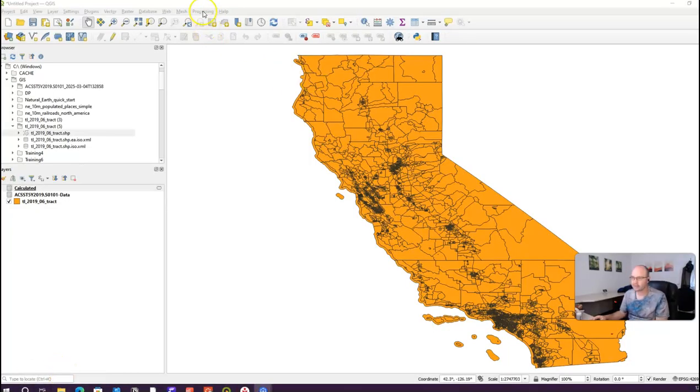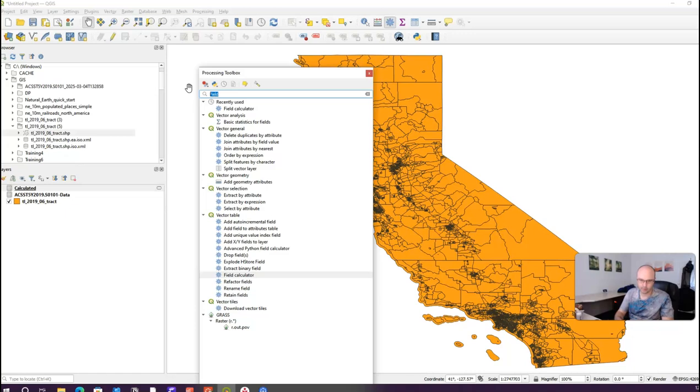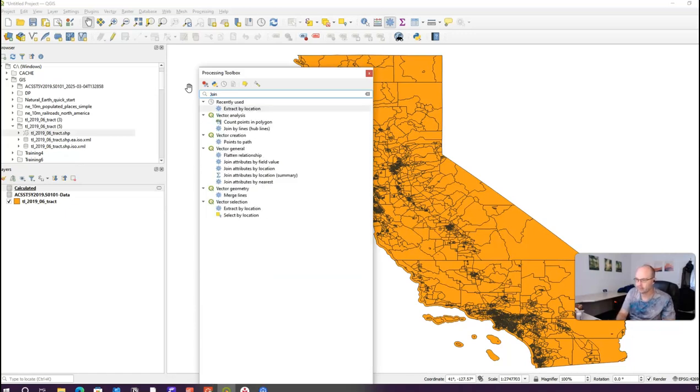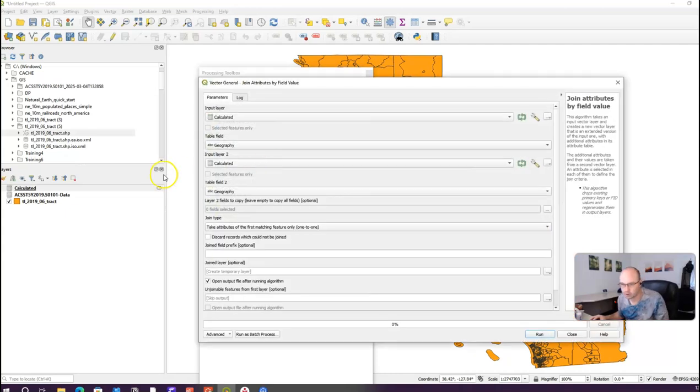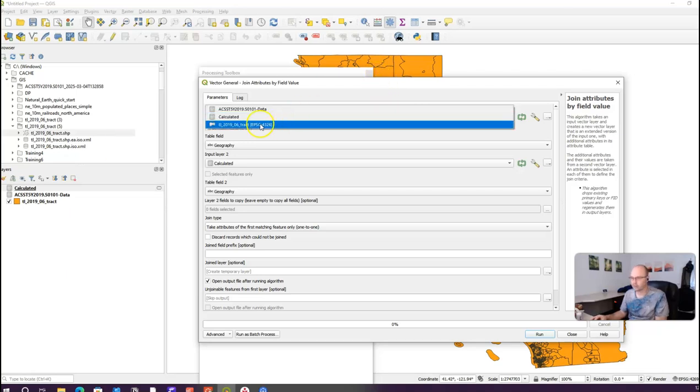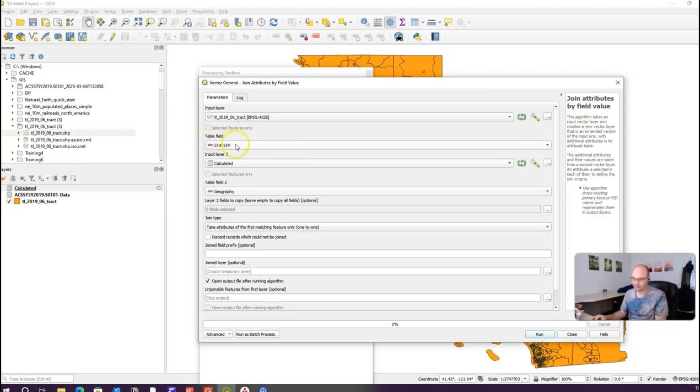All right, so the next part is, again, we'll need our processing toolbox, and we are going to type in join. And we're going to join by field value here. So you could join by location or nearest neighbor or flattened relationship, but we're going to do field value. So we're going to use that ID field. Okay. And so what we're going to do is take the shapefile, so this is the TL 2019-06 tract. And we're going to take the field table,